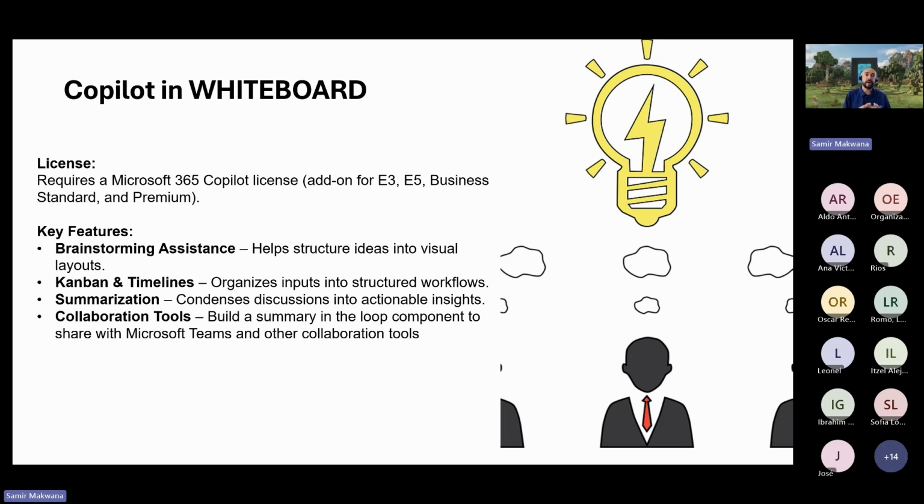Once you finish your whiteboarding, it's very important to have Copilot help you summarize what you have done so far, right? So as you can see, to have Copilot in Whiteboard, we just need a Microsoft 365 Copilot license as an add-on for your E3, E5, or Business Standard or Premium license, whatever you have, right?